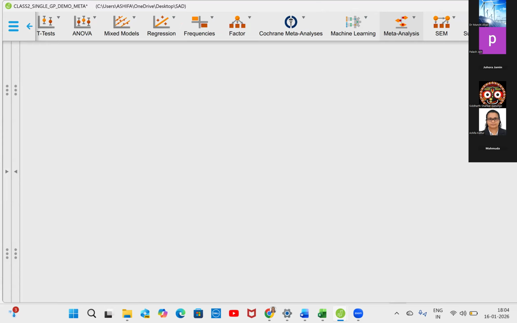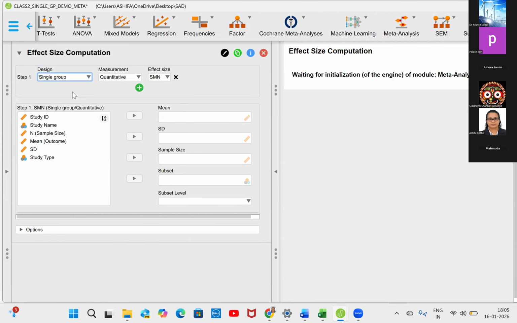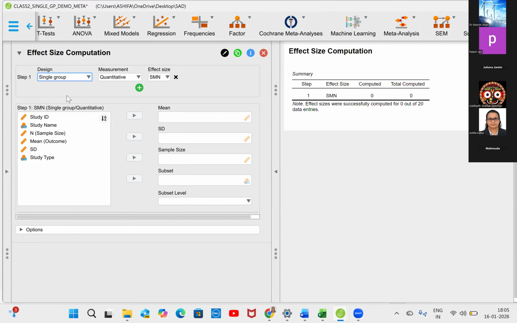Just hold on a second, it will come. Now you go to the single group, click the single group, and then quantitative is fine. Now you see that mean is given, right? So from the drop down,